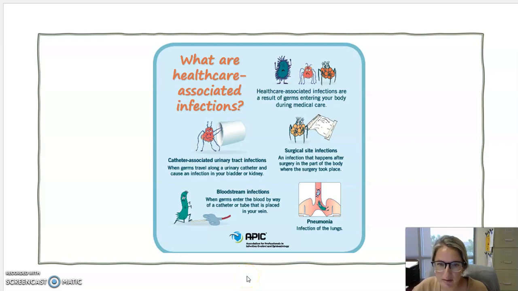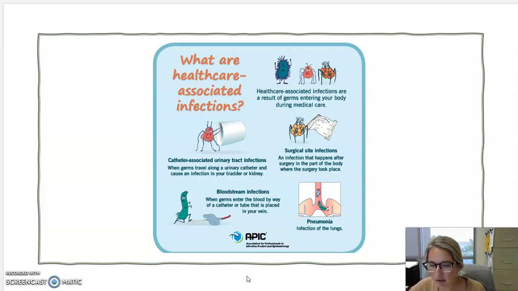Our next topic is healthcare-associated infections. Oftentimes you will hear the term healthcare-associated infection or healthcare-acquired infection. Both of those typically just get abbreviated to HAIs, but you might also sometimes hear the terminology nosocomial infections. All of those are the same thing, which are basically infectious diseases that are acquired when a patient visits a